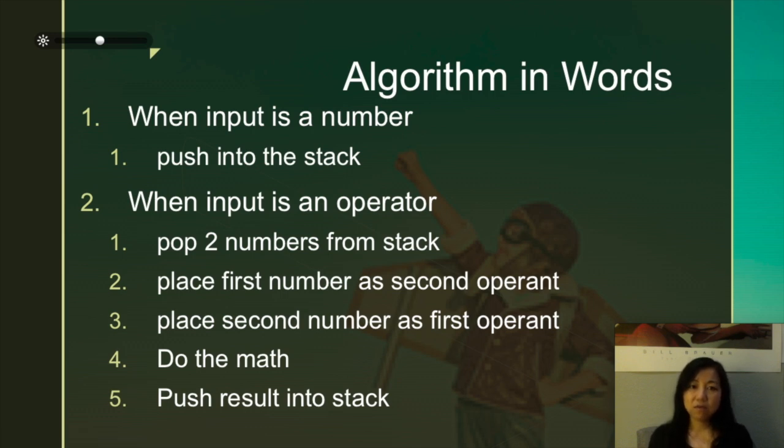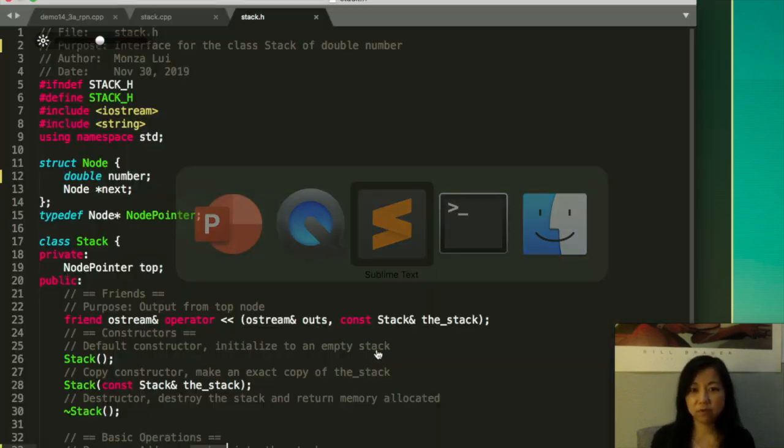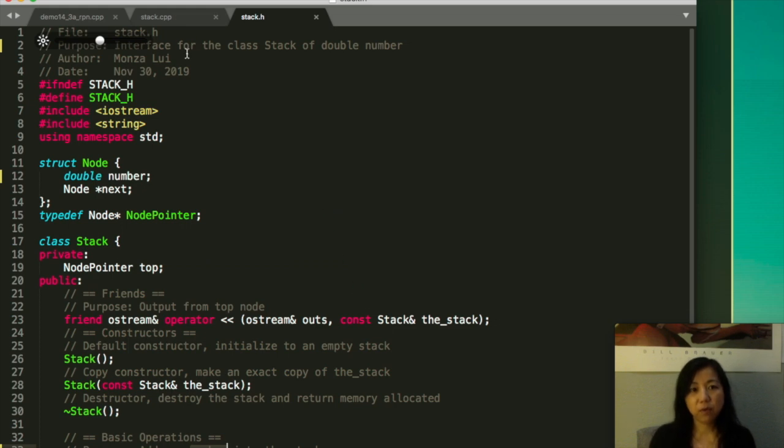It ends though, we have to design the end, so we decided the end will be when we get the character Q, that's when we end inputting the expression. So I will show you how to do so. Remember, we are basing on the stack